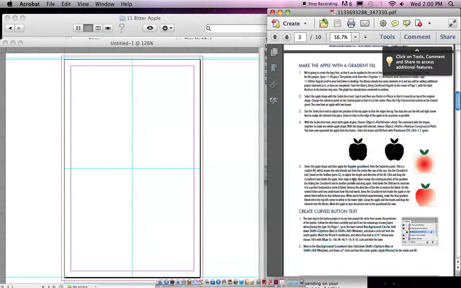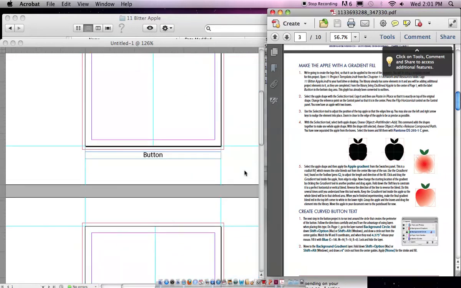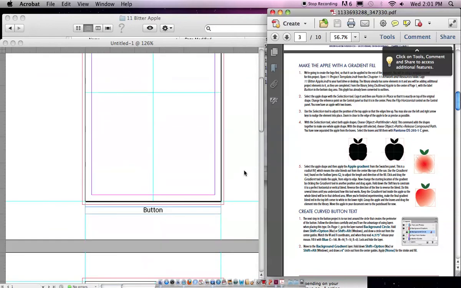Let's create the apple first, because we need this apple in both the button and the logo. So let's do the apple first. If you go to the first page,